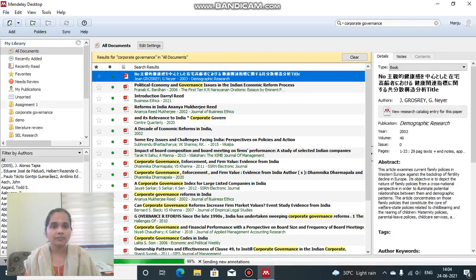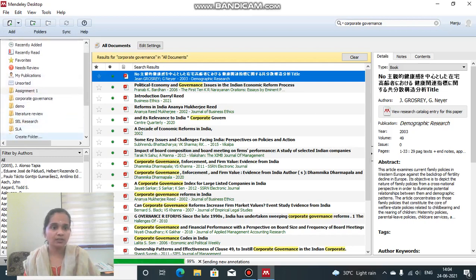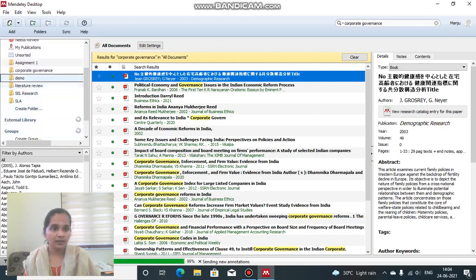You can add it one by one like this. If you want to add only this file, you just click on it, then left click. Just left click, and you can see an icon like this one. And if you want to move it, click on that.